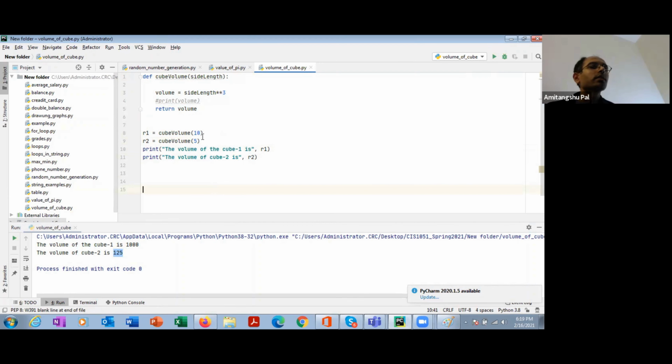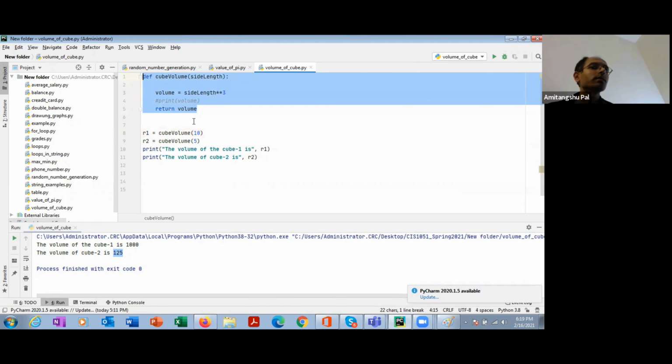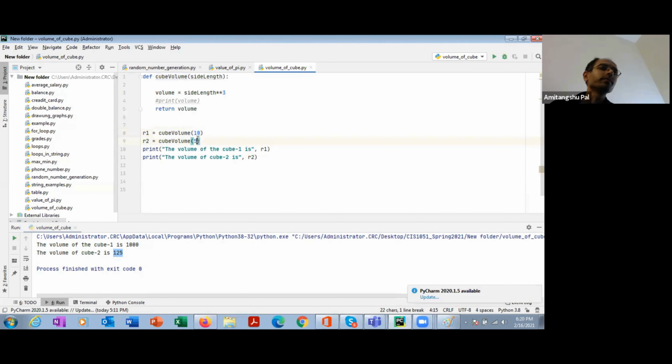So that means the function is not only making it more organized, I can reuse the function. If I want to reuse it, say 20 times, I do not need to write the same thing 20 times. I basically need to call it 20 times with different values. That's the very important advantage of writing functions. It provides a modular way of writing a program. You write your function and then you call it whenever or from wherever you need.